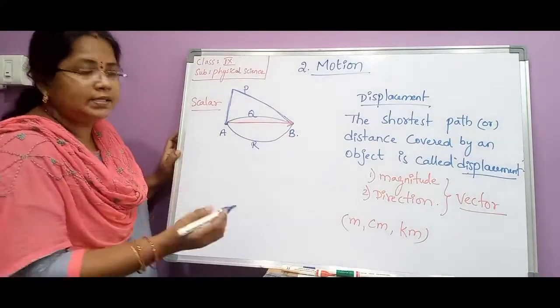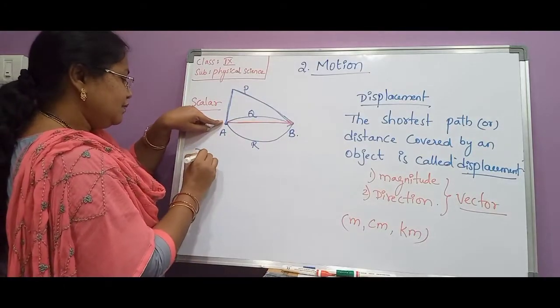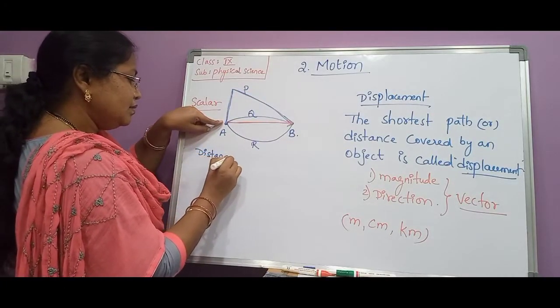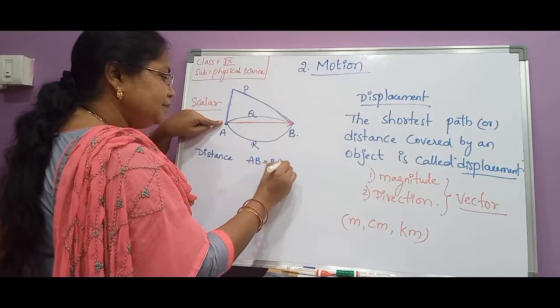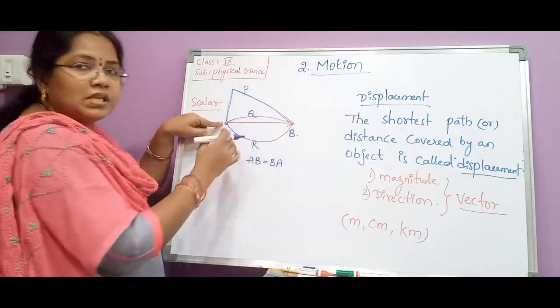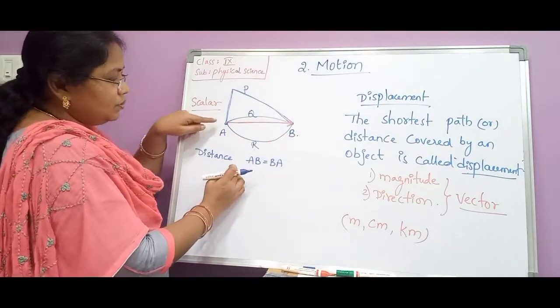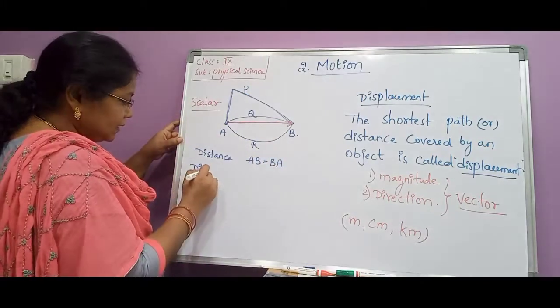Now, if you are expressing distance from A to B, we can write AB is equal to BA. Why? Because from A to B, what will be the distance? From B to A also the same distance will be there. So for distance, we can write AB is equal to BA. Whereas for displacement